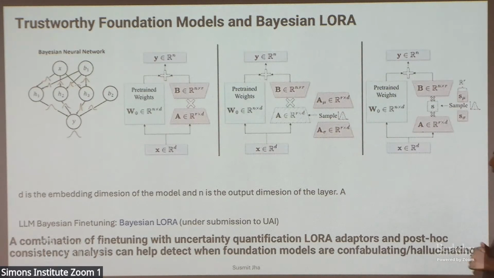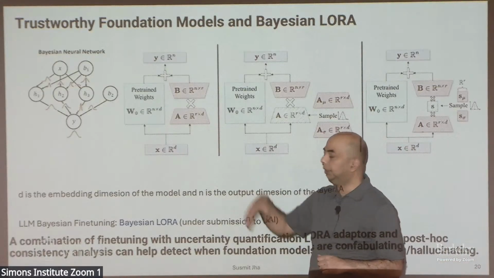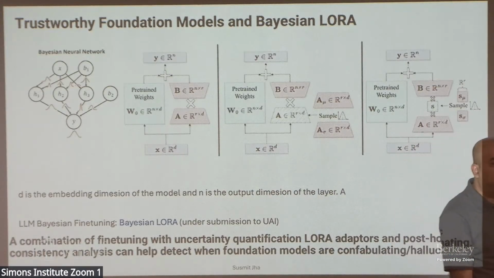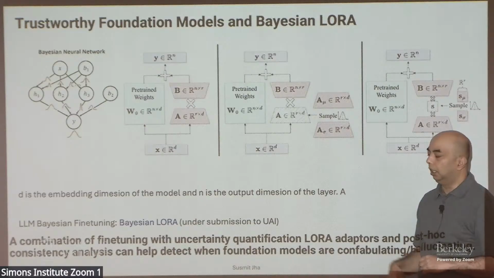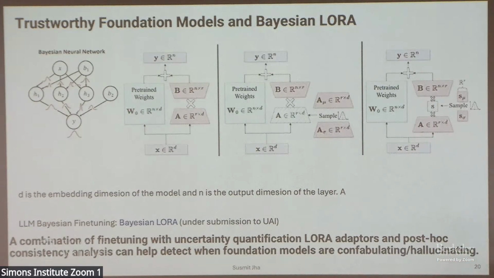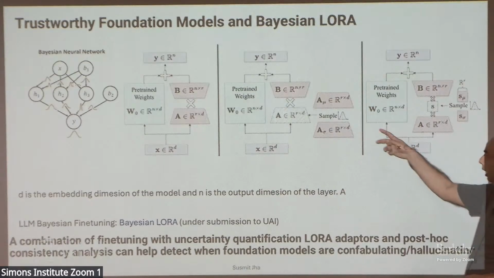If you're familiar with LoRA, what happens there is that instead of training an N cross D large matrix layer, you decompose it into two smaller matrices using this reduced dimension R. One simple approach here would have been to take this A matrix, which is R cross D, where R is the reduced rank and D is the dimension of your internal representation, and split this into the mean and the sigma, and then use this as the Bayesian network. The problem is that you end up magnifying the number of parameters by twice. You will have two R cross D parameters that are going to be learned as the Bayesian representation.